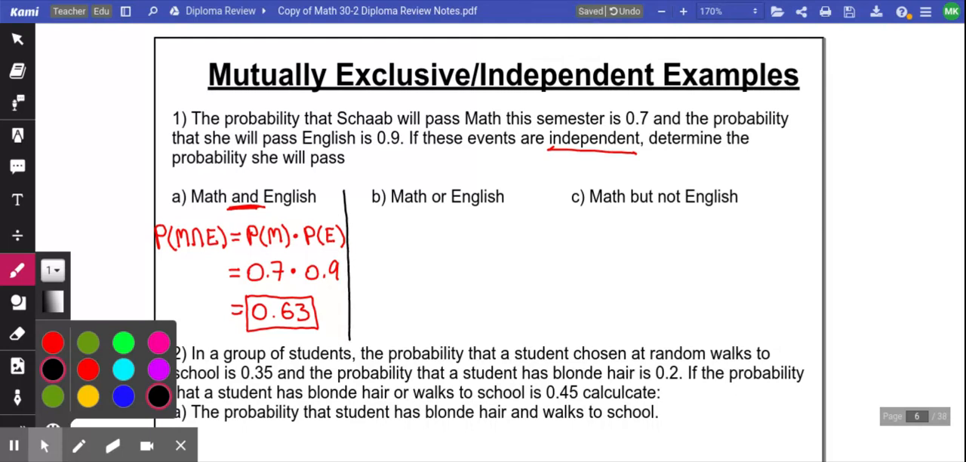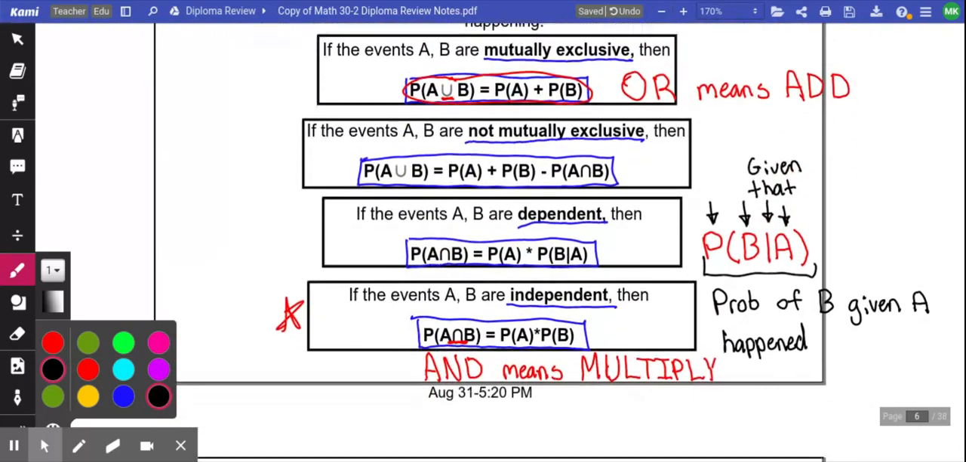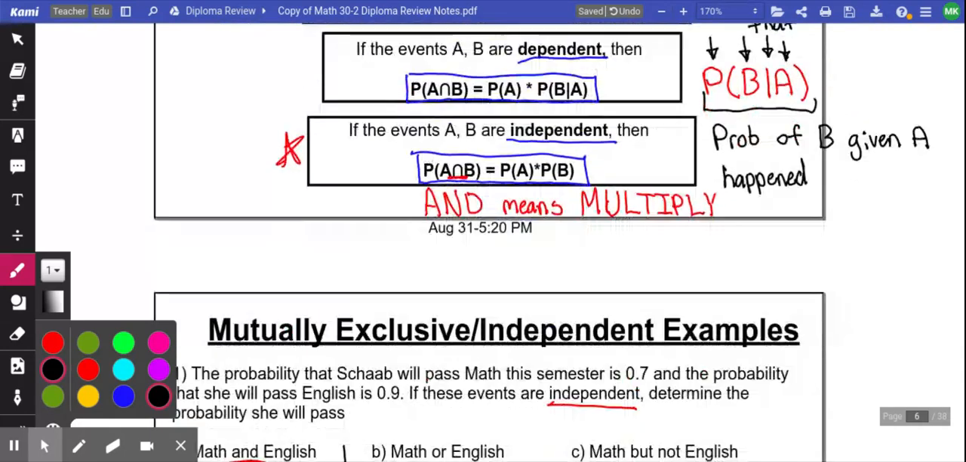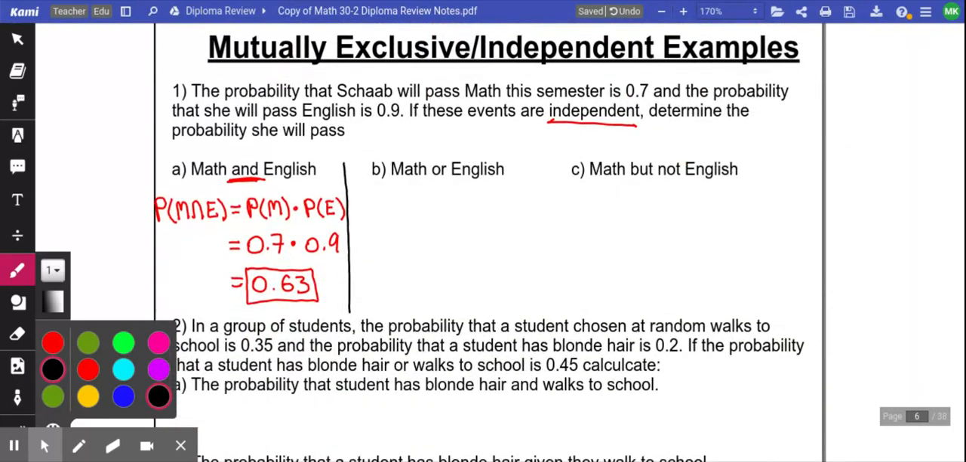B. B is the probability that you pass math or pass English. Now, or means add, but we have to ask ourselves, are these mutually exclusive adding or not mutually exclusive adding? Mutually exclusive means the two things can't happen at the same time. Is it possible that I would pass math and pass English at the same time? And the answer is definitely yes. Like, it's possible Miss Schaub could pass both classes. Therefore, we need to use the non-mutually exclusive formula, which is that the probability of math or English equals the probability of math plus the probability of English,